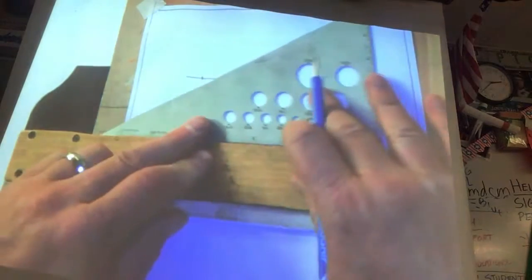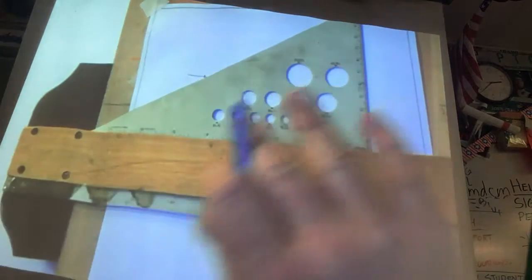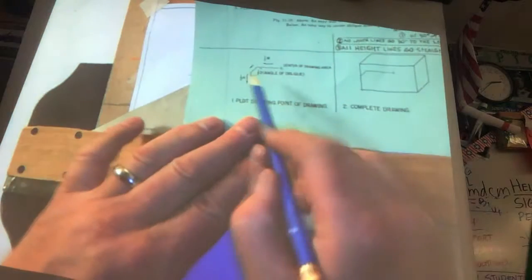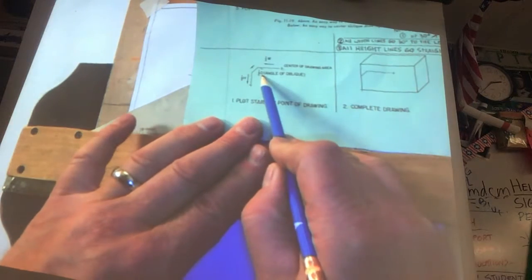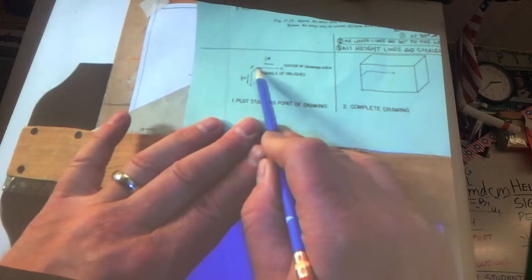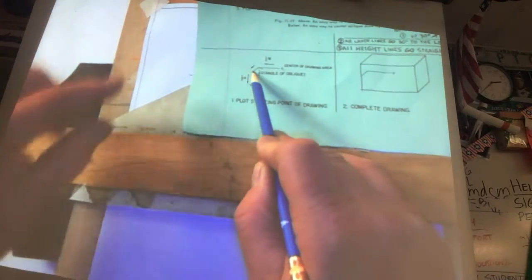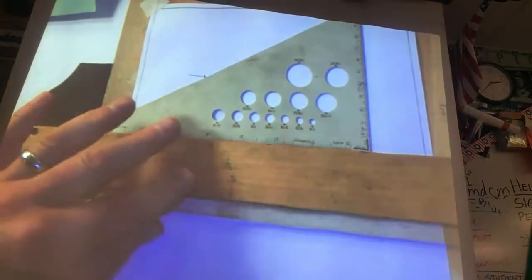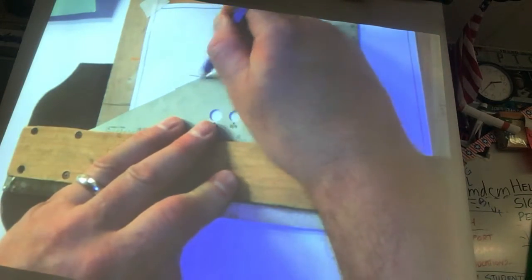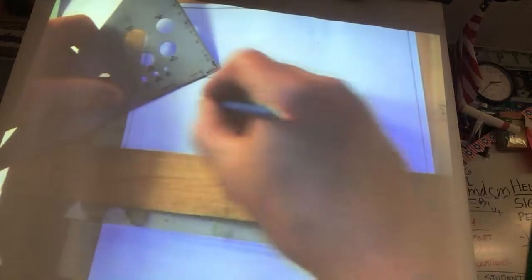And remember, you're using the 30-60 degree triangle. So then it tells you go down half the depth. That half D is half the depth. Depth is 1.5, so we go 3/4. If you can't remember that, just remember money. Half of $1.50 is 3/4, right? So we come down 3/4. All right. So I measure that one 3/4, and then